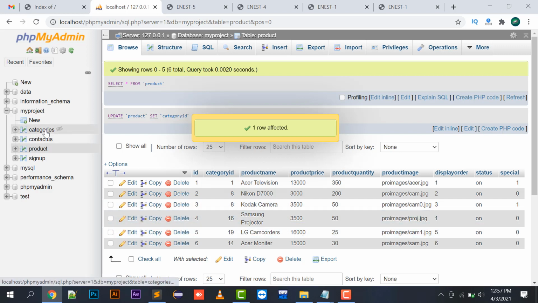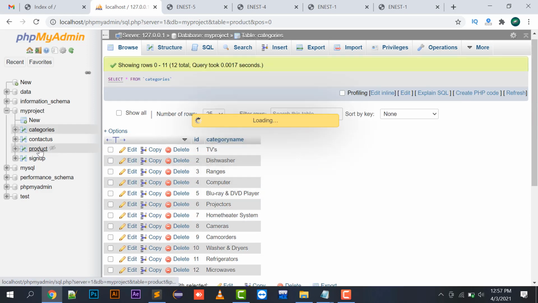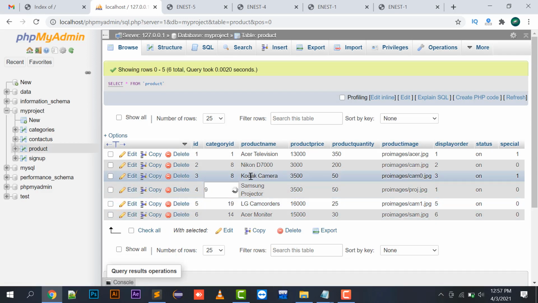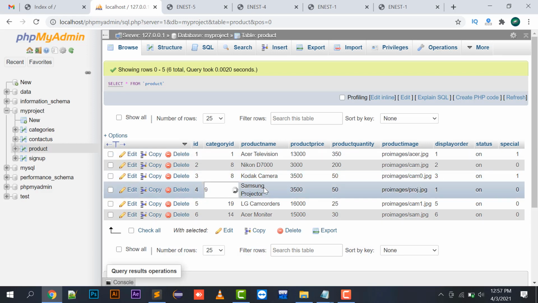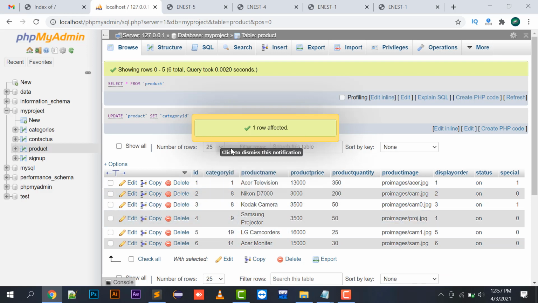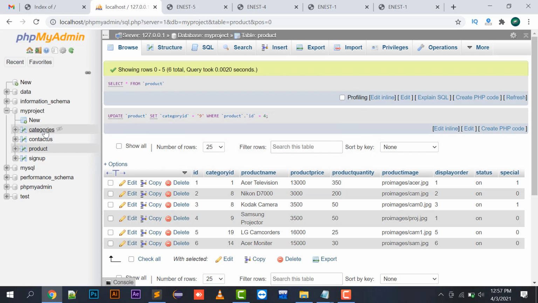Then camcorders is 9. So I will just update the category here as 9. When we insert these products from the admin panel, we will make a select box in which the category will be selected, and it will automatically pick its ID and place it in this category ID field. That I will show you in my next video.